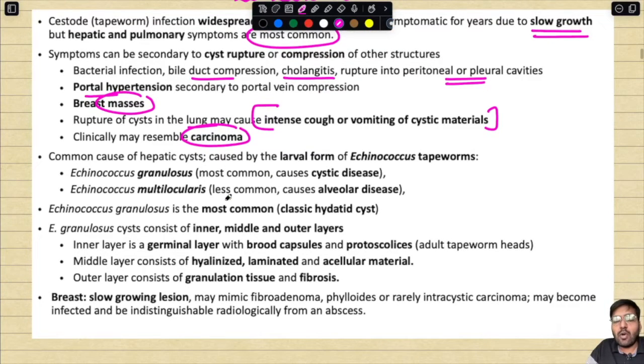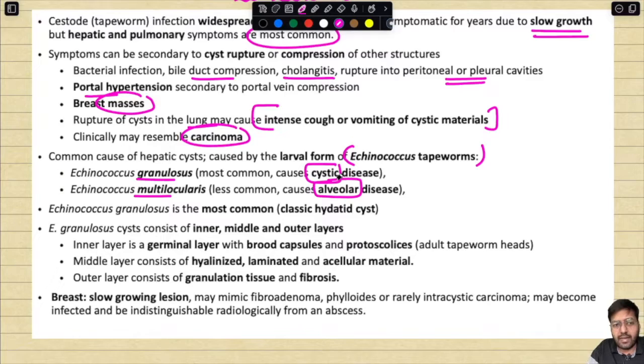Now the common cause of hepatic cyst: they are mainly caused by the larval form of Echinococcus tapeworms, mainly Echinococcus granulosus. It is most common and it causes a cystic disease. Okay, remember, the Echinococcus granulosus most commonly causes the cystic disease, whereas the Echinococcus multilocularis is less common but it causes alveolar disease. So remember, the hepatic cysts are mainly caused by the Echinococcus granulosus, whereas the alveolar disease is caused by the